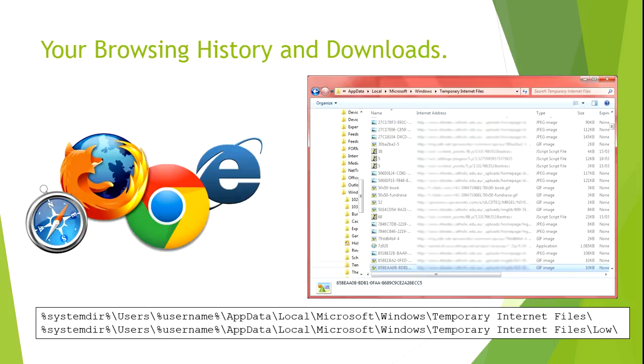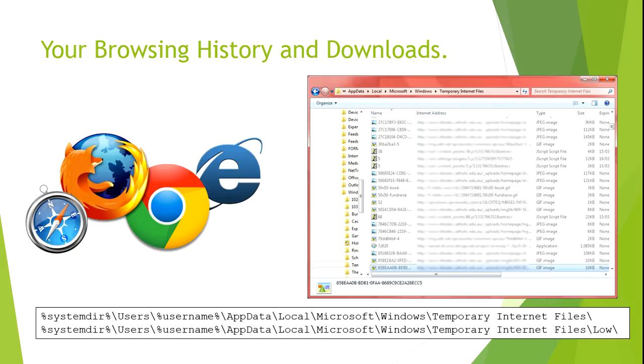Okay, so your browser history and downloads. It's important to note that different browsers behave in different ways, making the recovery specialized for each type. But for instance, Internet Explorer is the most common browser, as it is automatically installed on all PCs. Internet Explorer creates a content file on the user's C drive, storing information on websites, images, and downloads that are utilized by the user. It's also possible to gather information from stored items like cookies. While cookies are deletable, many users don't know how or neglect to do so.